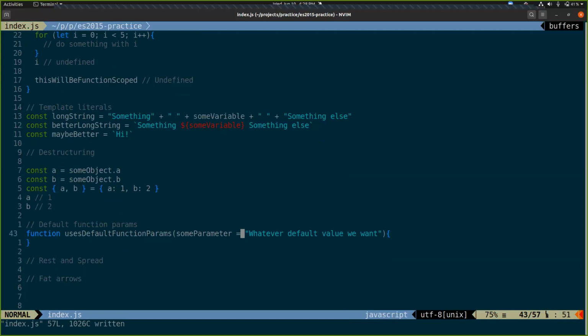So a word of caution on this one. These are really easy to abuse. You want a default parameter to be a true default, not just something that you happen to do a lot. And so that requires some semantic understanding of what the thing you're setting a default to is.